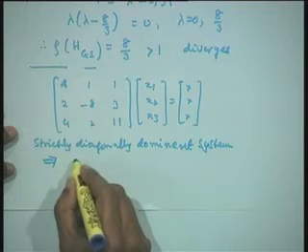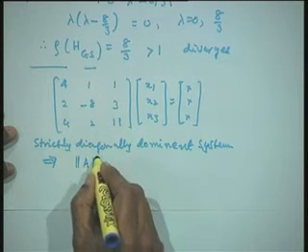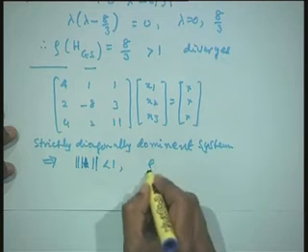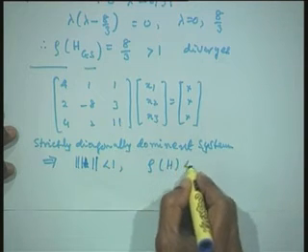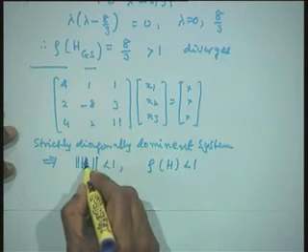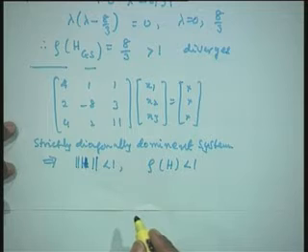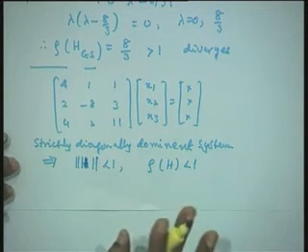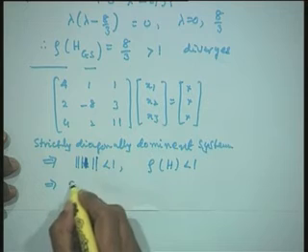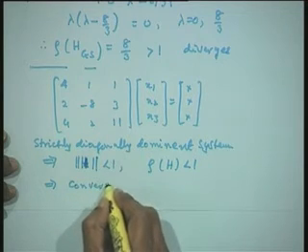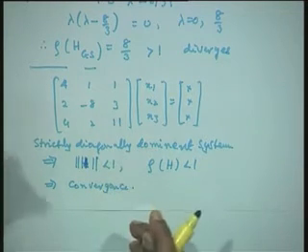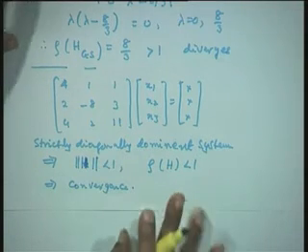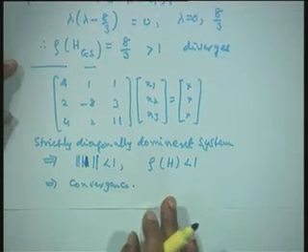This would imply that norm of H is going to be less than 1, spectral radius of H is going to be strictly less than 1. Therefore, the convergence is guaranteed in this particular case. Therefore, this always implies convergence. The only thing you would like to know is what is the rate of convergence, otherwise we are guaranteed of convergence in a diagonally dominant system.